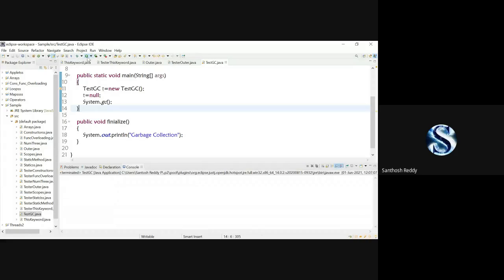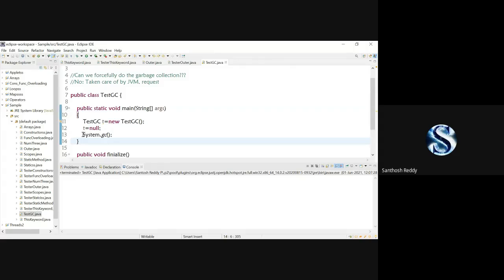Suppose GC is called, then your output will be "Garbage collection" printed. Here it's not being called, but sometimes if it is taken into consideration, your output will be "Garbage collection". This is how we can do garbage collection using System.gc. Using System.gc, we can request clearing up the memory.